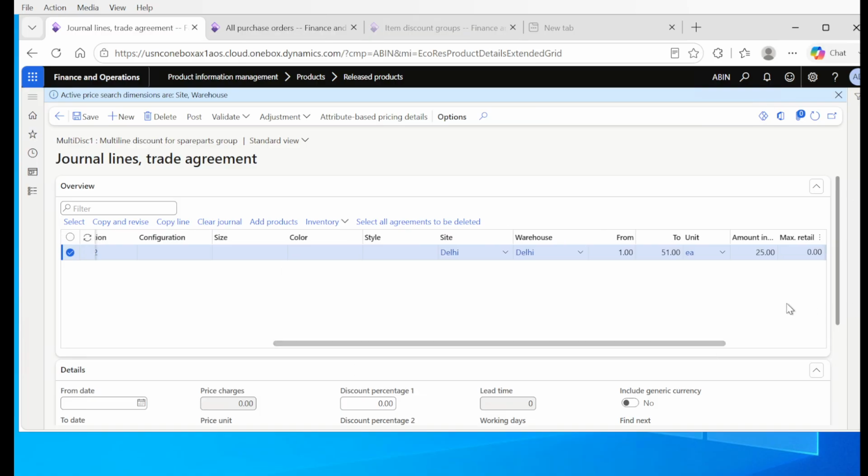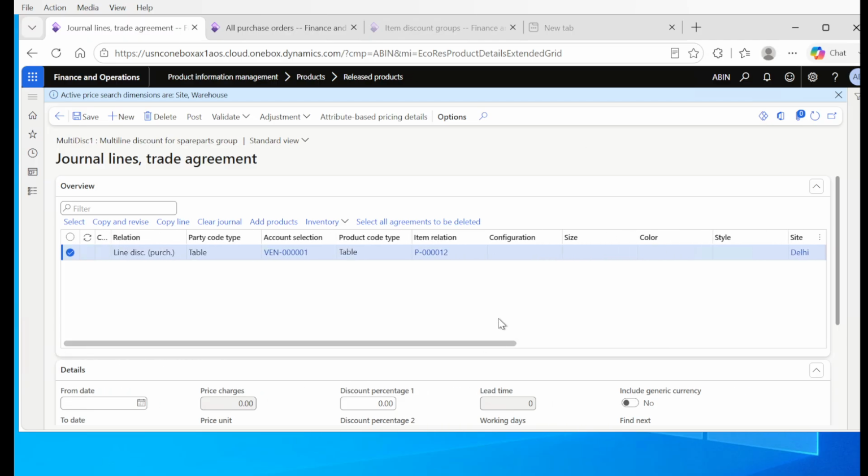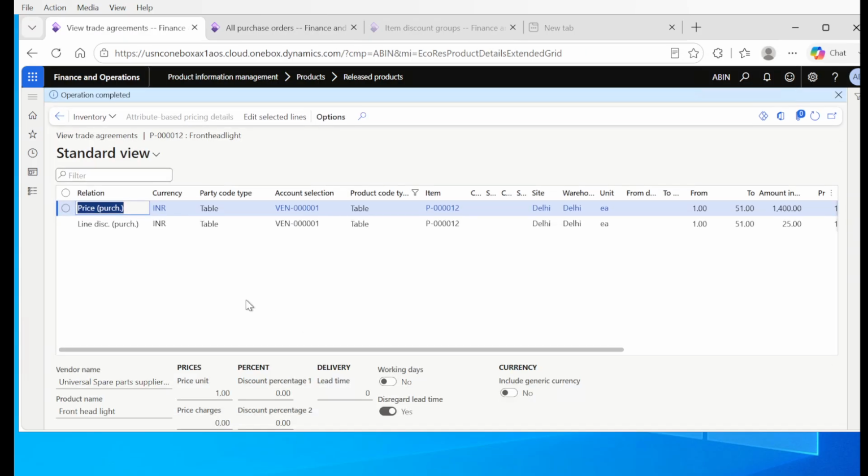And I added the units range, quantity range as 1 to 51, and I've given a discount of 25. Okay, this is the line discount that I've set up. Then I validated and posted it. So this is what you get after it is posted. That's why I didn't want to create it new. So I just showed you how I did that. Okay. So now that we have a line discount,